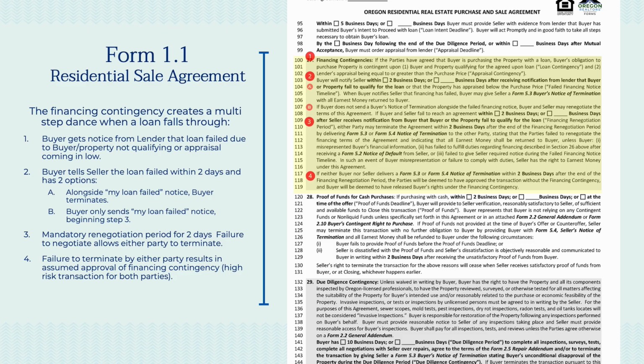As a broker, as an agent, this is the moment where you can show your worth and really have a discussion with your client. What do you want to have happen if this loan fails? Do you want to terminate? If the answer is yes, have a notice of termination prepped and ready for when that renegotiation period fails. If it doesn't work, your client will know whether they want to remain under contract or not, and you can